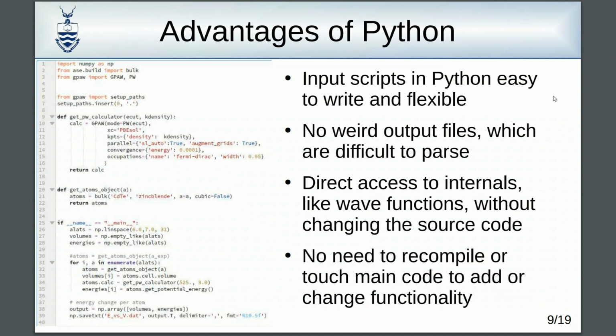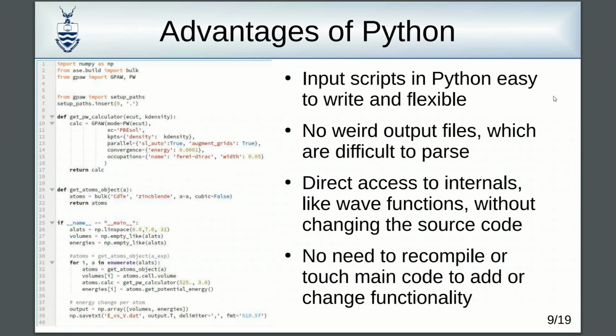Okay, and of course, from my point of view as a developer, which is even better, in Python, I have direct access to the internals, right? If I take a Fortran code like Quantum Espresso and I say like, oh, I want to calculate a new observable, which is not currently in there, and I need the wave function to do that, I have to go in there. I have to figure out how internally the wave function is encoded. I have to then write a new piece of Fortran code, insert it there, recompile the code,